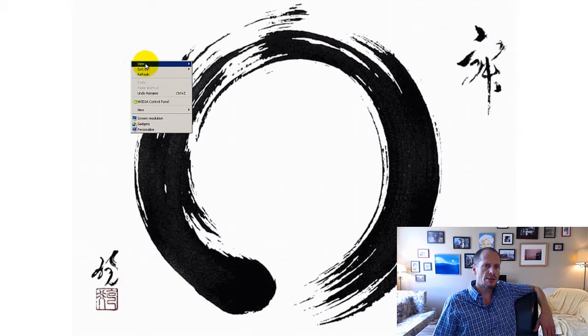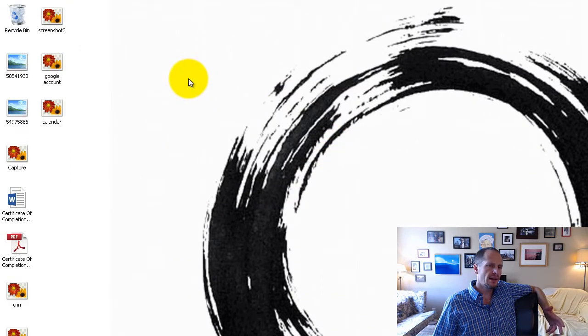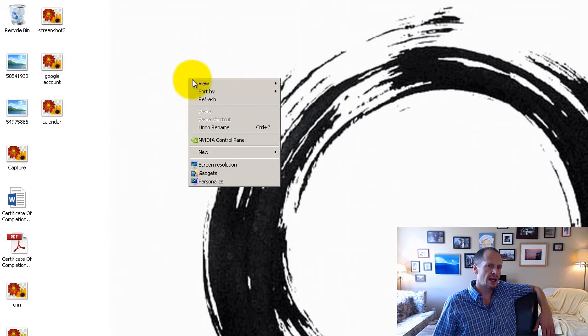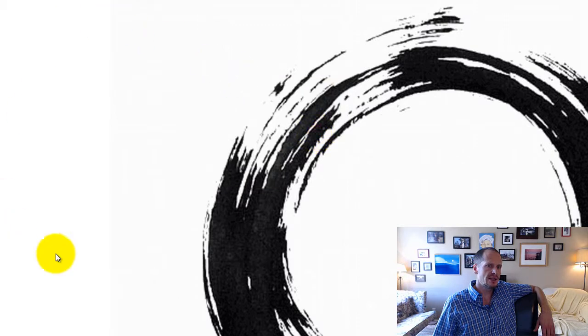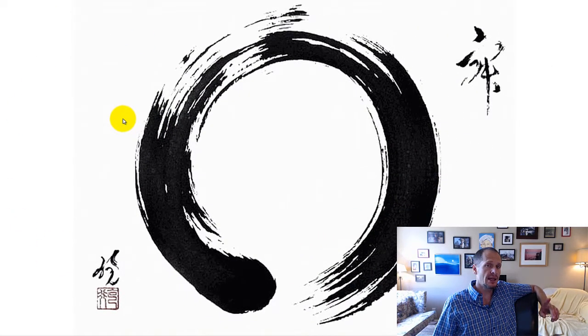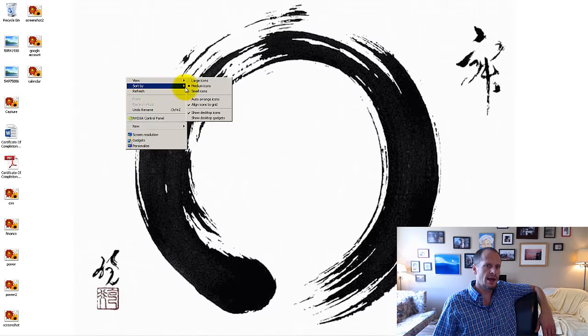So when I click my desktop, I could do things like view, and I could choose to show desktop icons. Or I don't really like the icons there. I like my desktop looking more zen. I could right-click my desktop and I could say don't show desktop icons, and now those go away. How would I get to them, you might be asking? I could just right click again and choose view, show desktop icons,